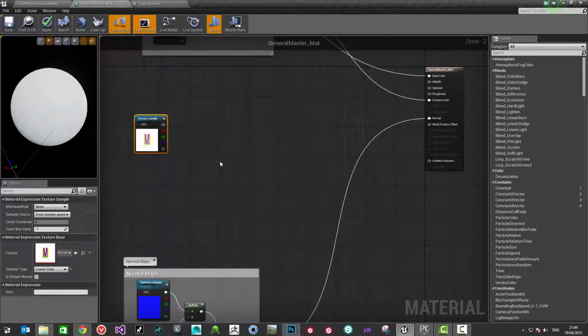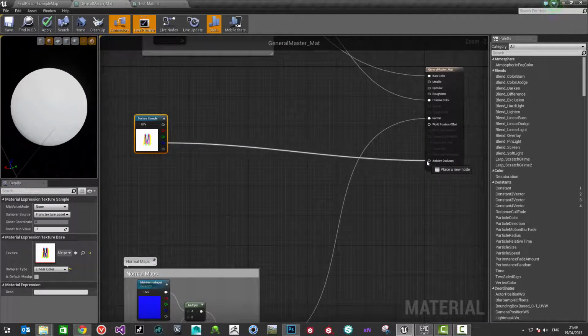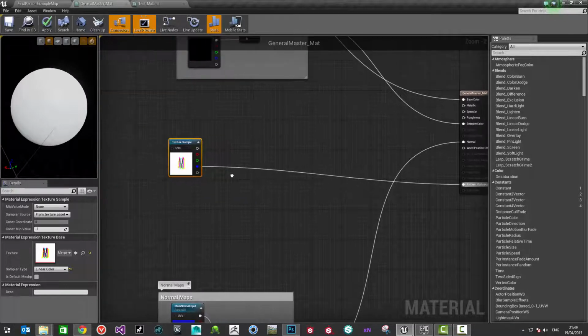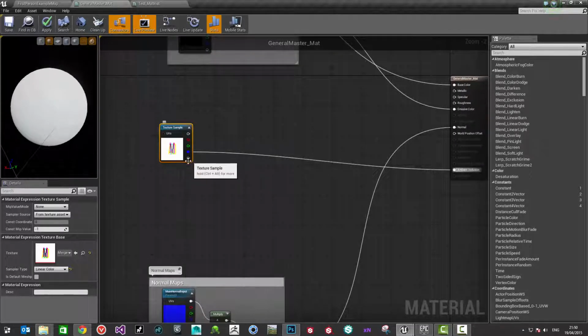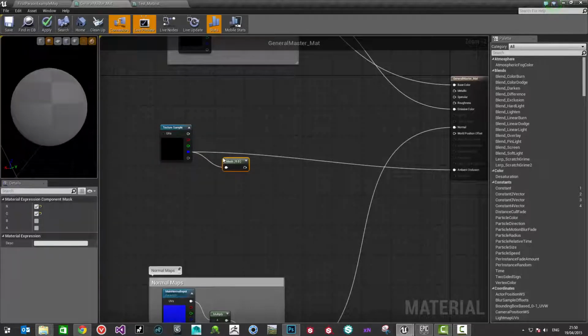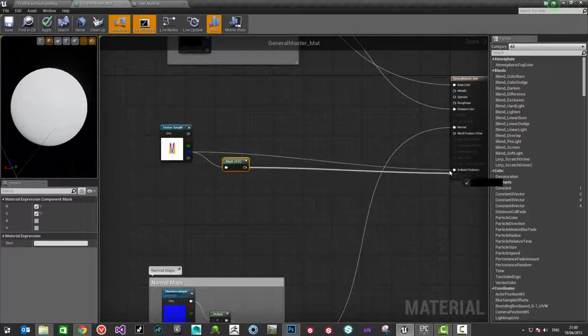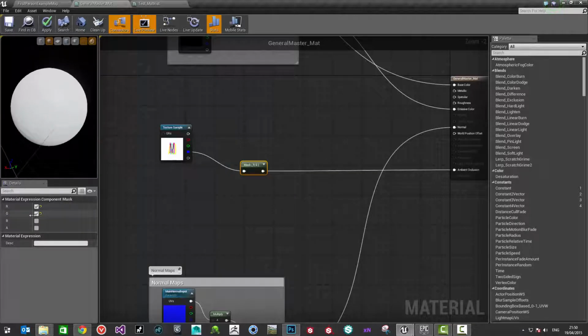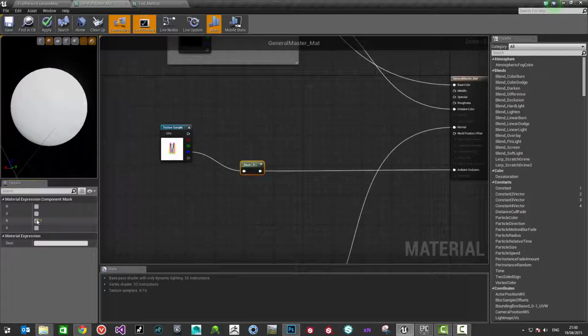The simplest one for us to work with is obviously the ambient occlusion. We can take the blue channel and plug that straight into our ambient occlusion because there isn't really anything else that we need to do with that. Apart from, if you're intending to have flexibility with this, like if you want to eventually change which channels you use for which type of map, you might want to have a component mask in here, like this. So if I plug that in here, you can add the blue channel as a default,